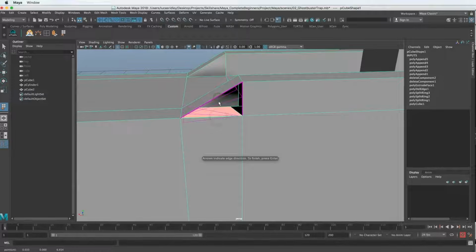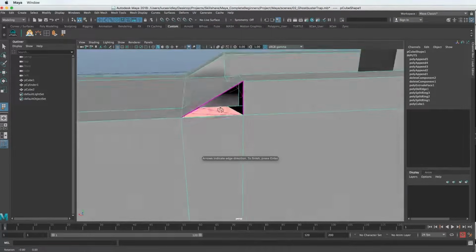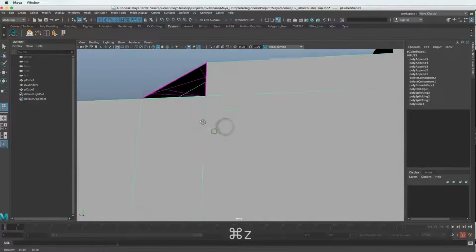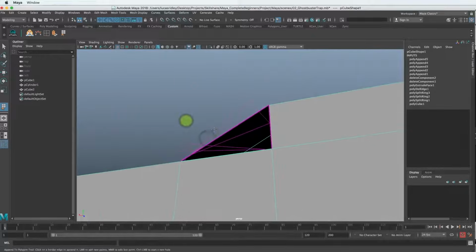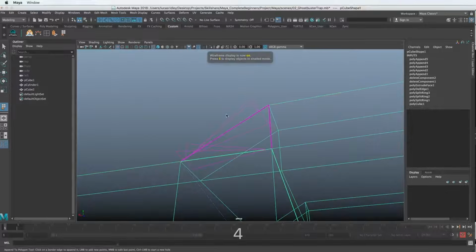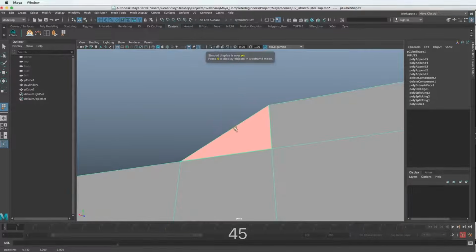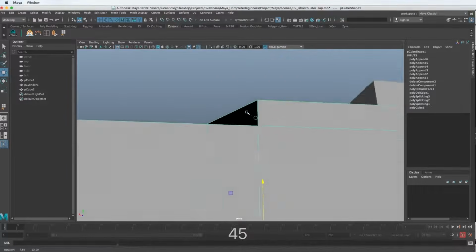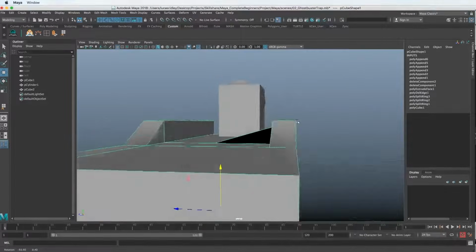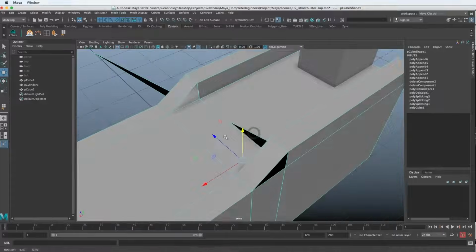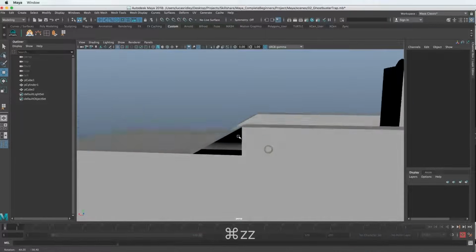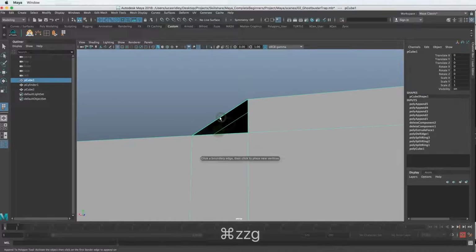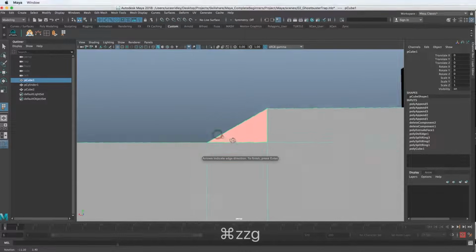Whoops. See, it's trying to go to another, who knows why it's trying to go out there, but I didn't pick up, I'm trying to hit that edge. So one thing I like to do is go to a view where there's kind of nothing behind this thing, so that's pretty much the only thing I can select if you're having trouble with it. And hit enter. And it looks like it didn't undo that goofy thing that it did. So I'm gonna undo that, hit G, select the object, select the edge, and there we go.